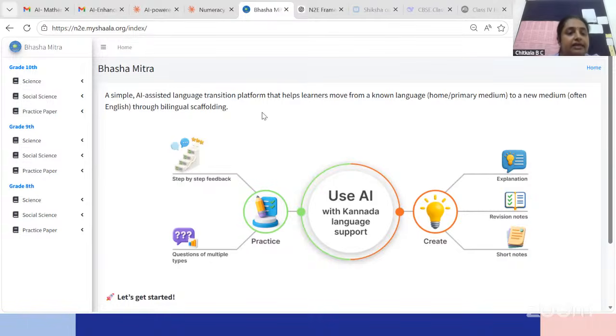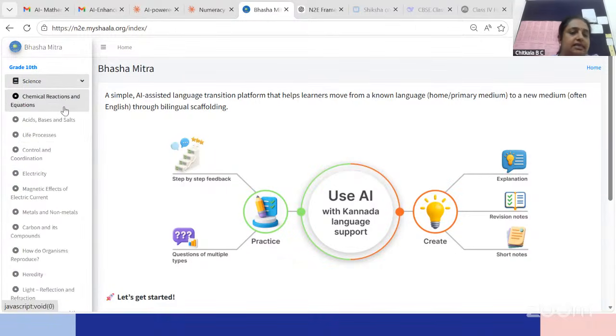So what we created is a simple tool backed with pedagogy that is called Bhasha Mitra. Initially, when we started working 2 years back, we used custom GPT. It was very interesting how custom GPT could be used to train on specific content and limit the discussions. Now NotebookLM is there, but I just want to share this use case quickly with you.